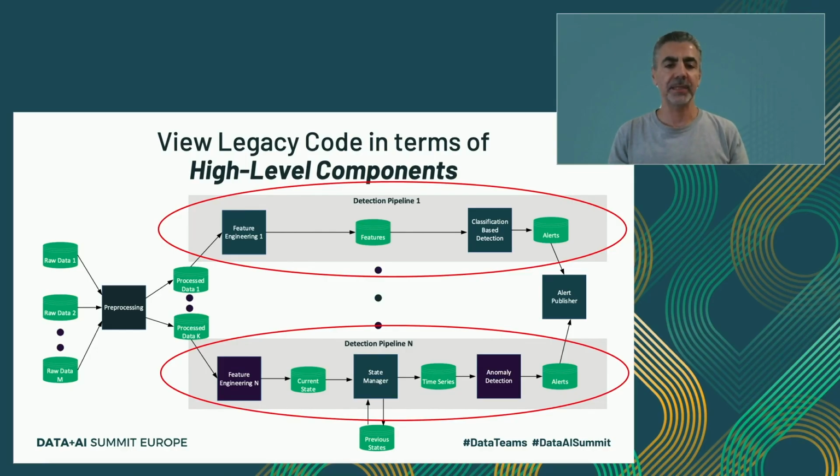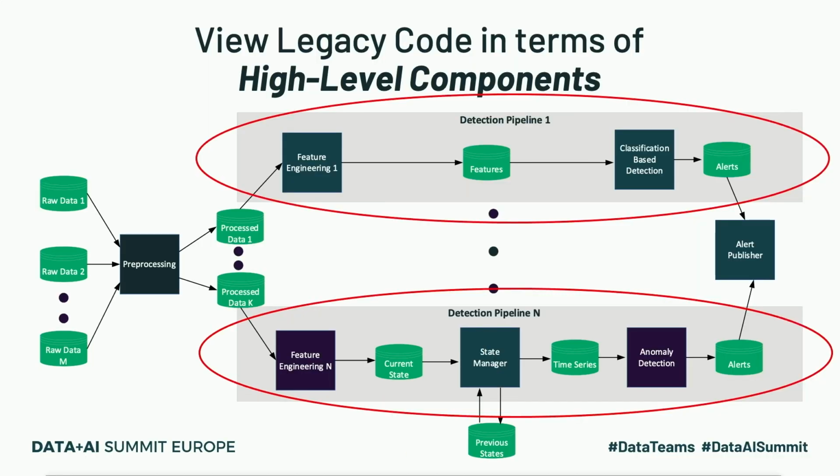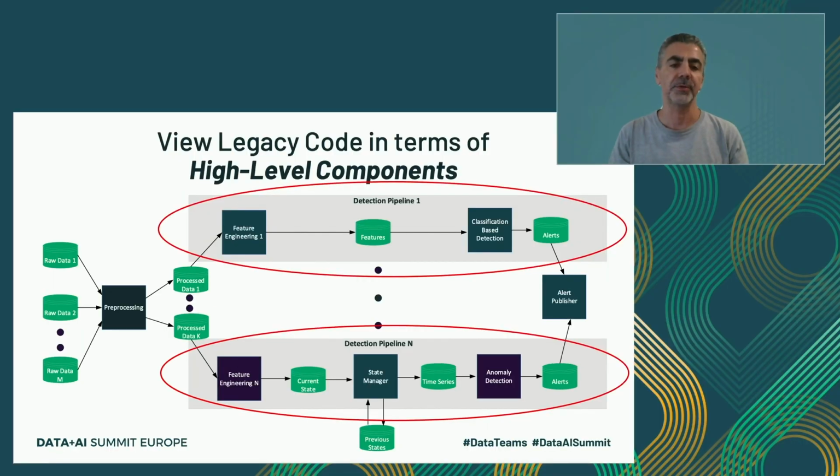If we go back to this detection pipeline that Tomer presented earlier, we can see that we have many different detections. One way to go about it is to look at each detection as one big monolith and then try to migrate that. But that's not really going to work because the detections have a lot of code, thousands of lines of complex code. There's no real way to just rewrite this entire detection